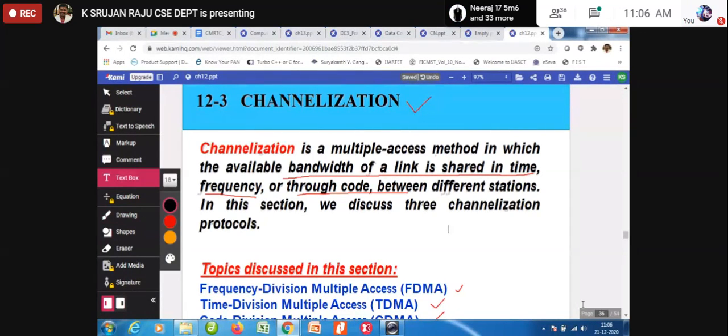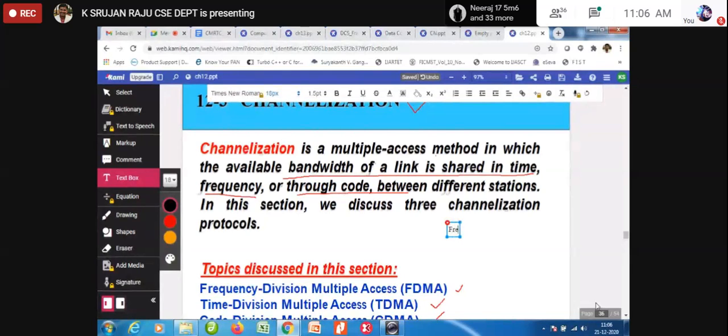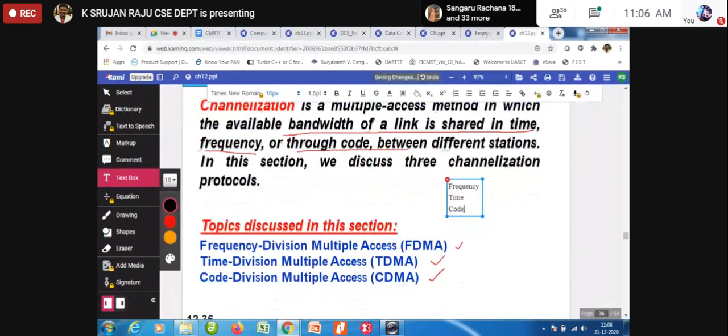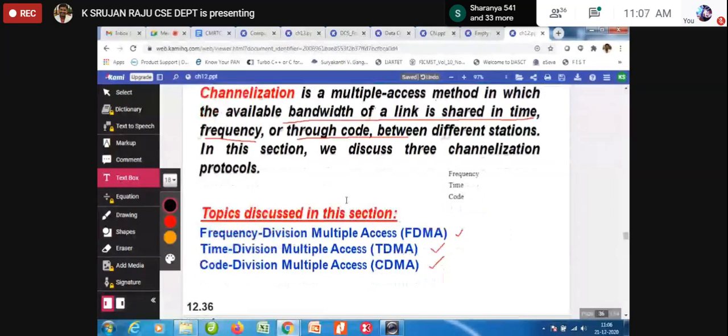So we are going to use this either by using frequency. Whenever I'm talking about frequency, radio may come into your mind, no problem at all. Whenever I'm talking about time, a timetable should come into your mind. And another one is code. These are the three very important aspects: frequency division multiple access, time division multiple access, and code division multiple access. Now, how is FDMA going to work?